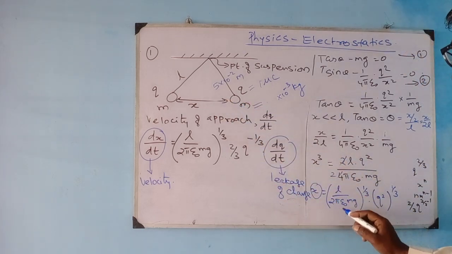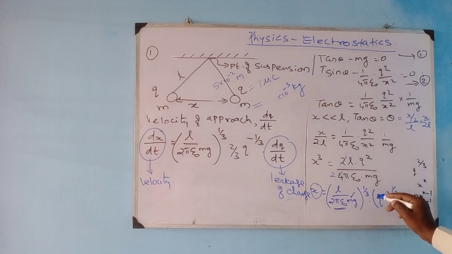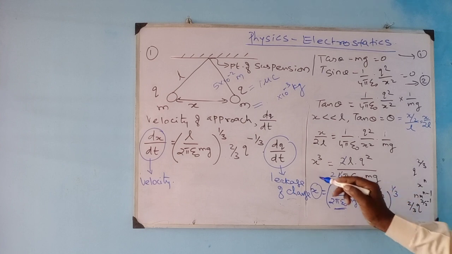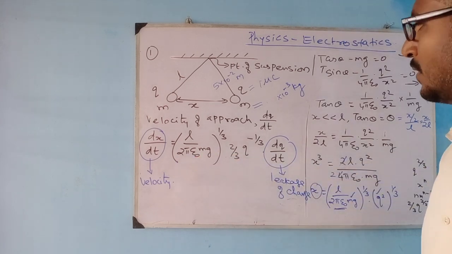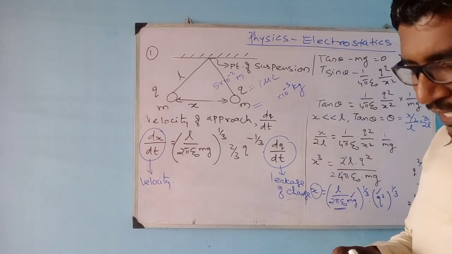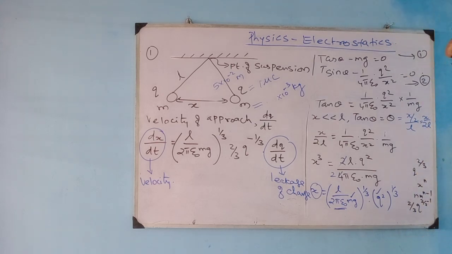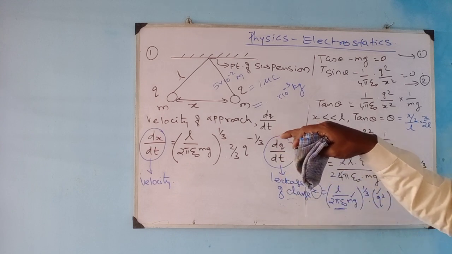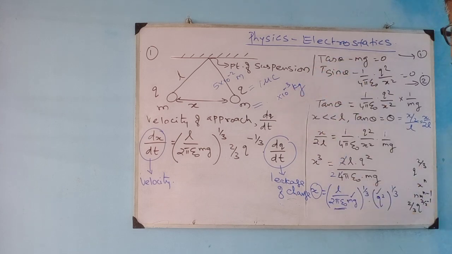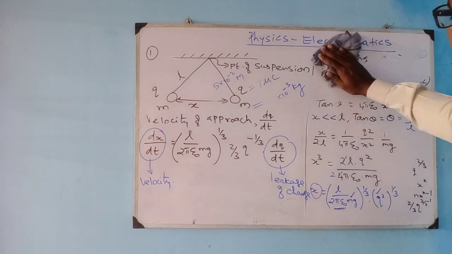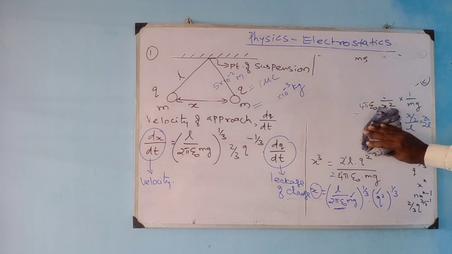You can make use of this formula L by 2 pi epsilon naught. All these are constant factors. Mass is given, the charge stored on the sphere is given, so you can easily calculate this. Similarly, you can also calculate the velocity of approach in this sum. In rare cases, the velocity of approach v is given and you still have this leakage of charge dq by dt. How will you calculate this? I want to find out now my dq by dt. How much is the leakage of charge?